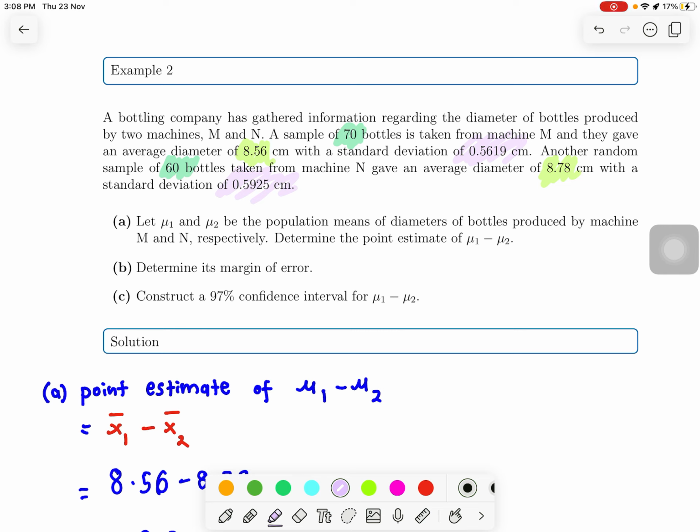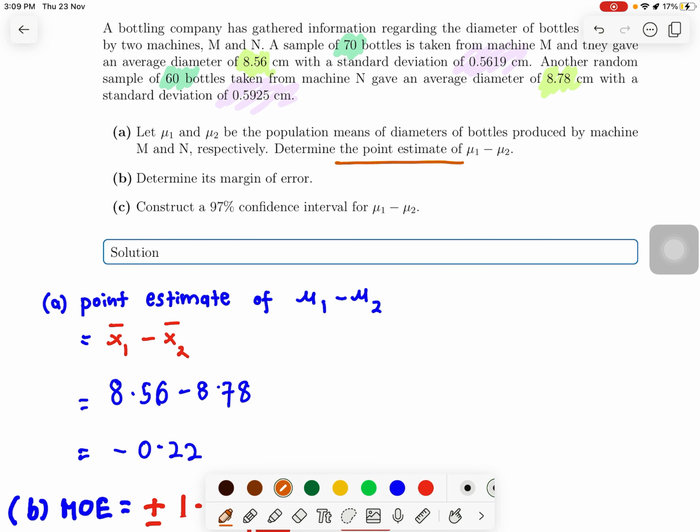Okay, so A, same question. Let mu1 and mu2 be the two population means of diameter of bottle, and so on. Determine the point estimate. So highlight the question. They ask you what is the point estimate? So I think you all know the point estimate for difference of two population means is x bar 1 minus x bar 2. So you just take 8.56 minus